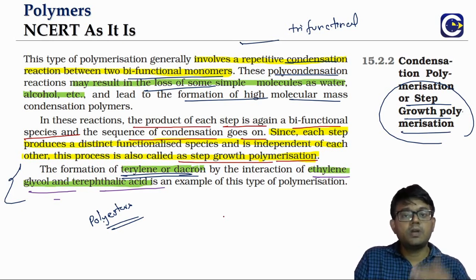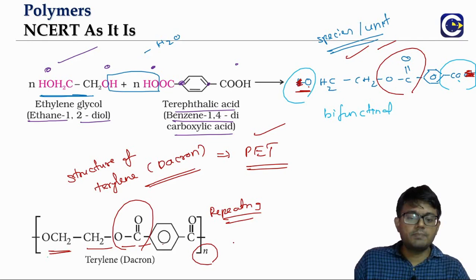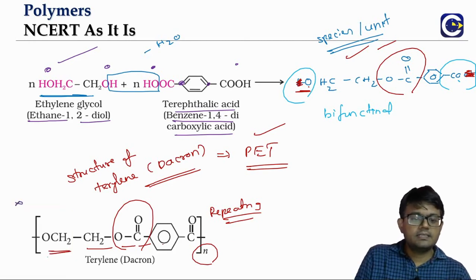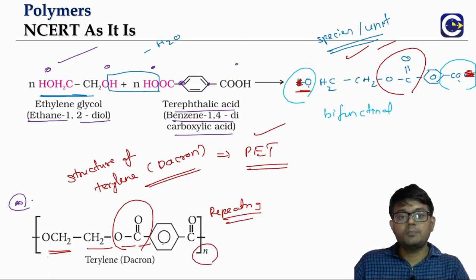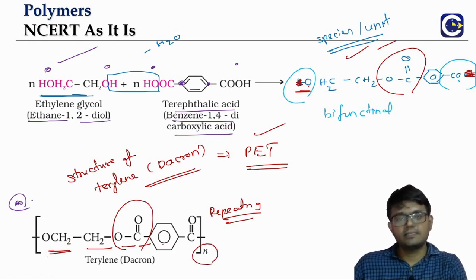And that is how we are able to get the larger polymer molecule. So that is the reason why we call it step growth. In case of addition, it is chain growth. This is step growth polymerization. So here, this is a possible question. We have to keep a note of all these polymers and their structures. Wherever we have the structures, that can be a possible question. In fact, you can look at the past year papers. All these have already been asked.